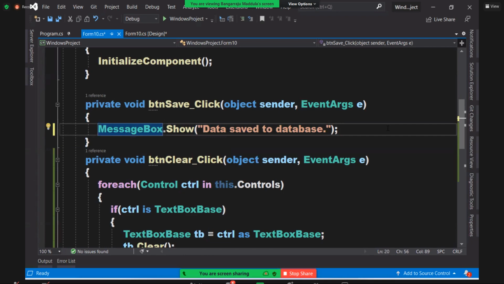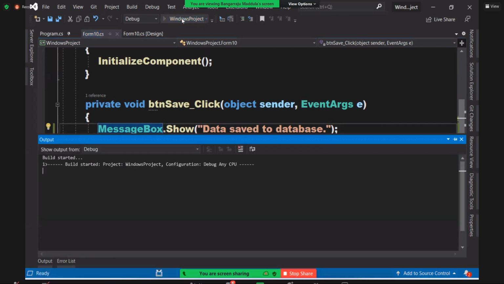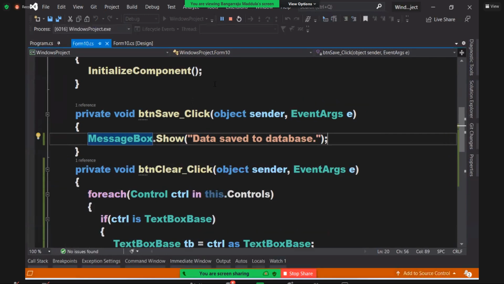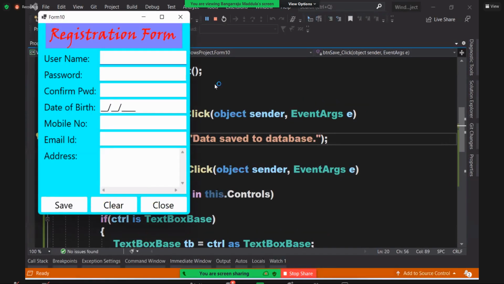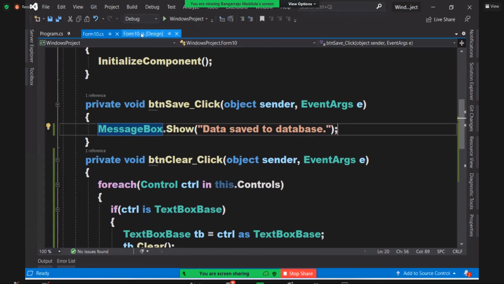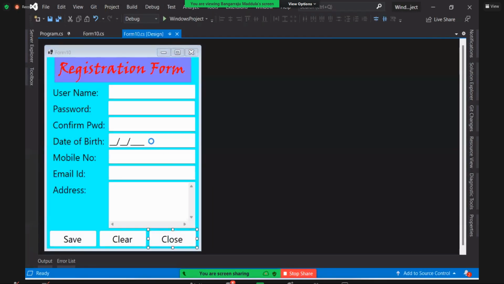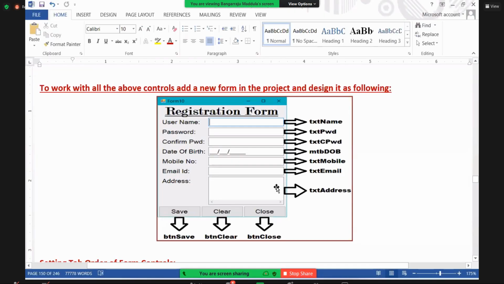Are you clear? Understood the designing? Mainly how to do the alignments, how to set the tab orders, I just showed you. And various other things, like how you write the code for the buttons, all these things. But we are not done, guys. We're not done. Mainly, what we have just done is only